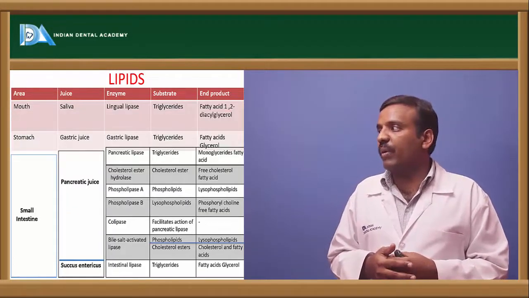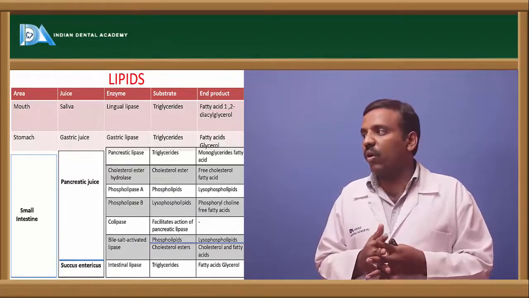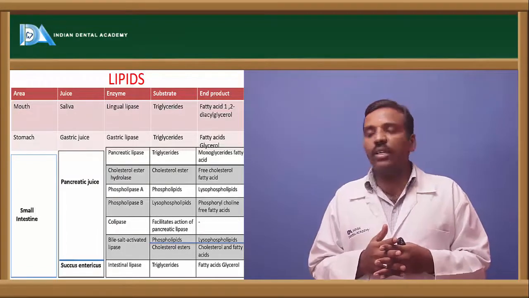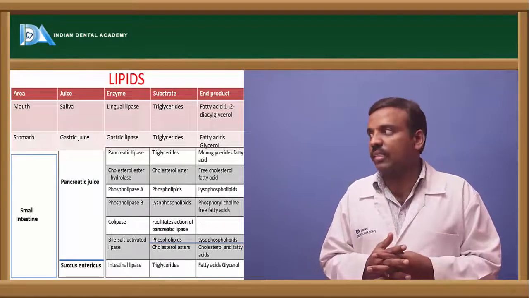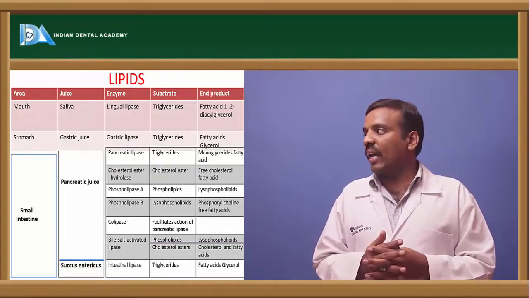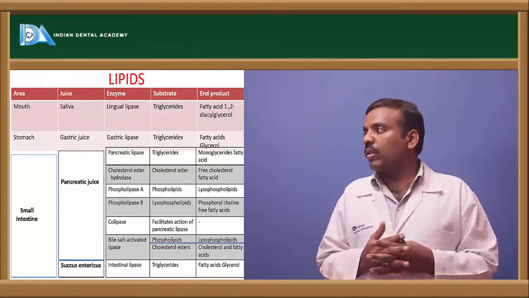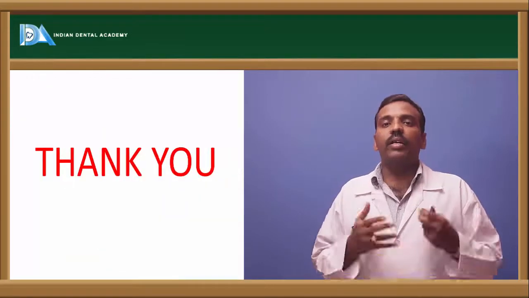And another one is lipids. The triglycerides and the cholesterol, all of these from the mouth, stomach, and in the small intestine, by the secretions of the saliva, gastric juice, pancreatic juice, and the succus entericus. And the end products are fatty acids and the glycerols and the phosphorylcholine, free fatty acids. That is what the lipids are, and this is what